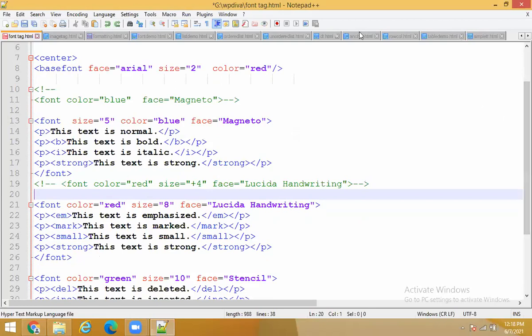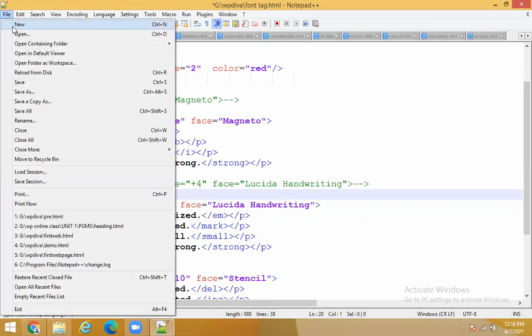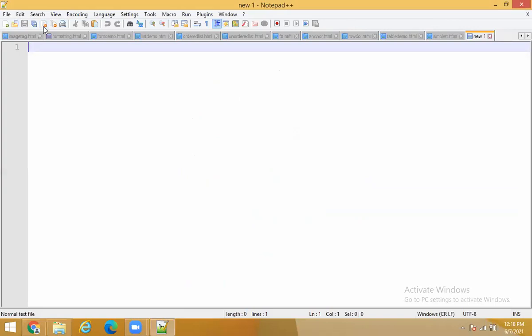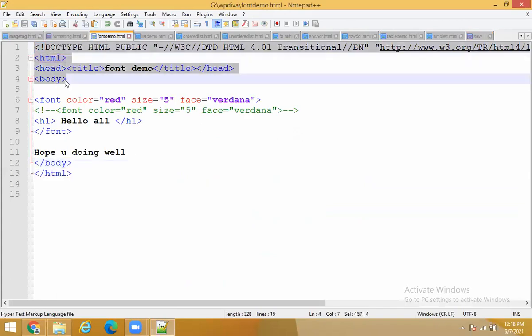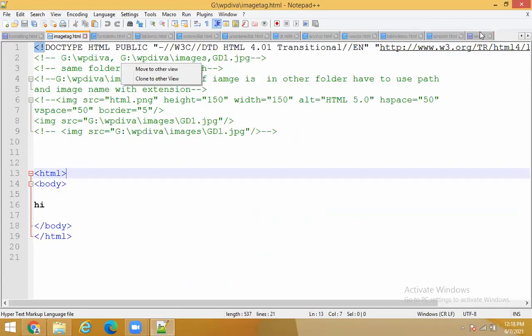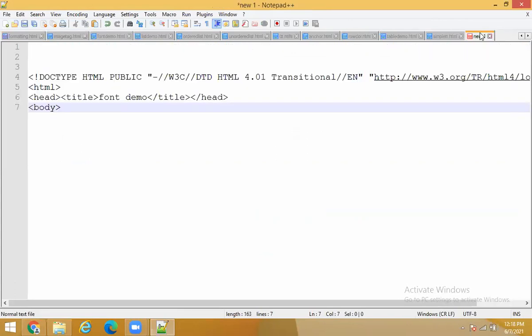Okay. So today we saw an example on the font tag, right? We will do one assignment here for your understanding. So I took a new example here, and then I took this title. This is my new file, right?